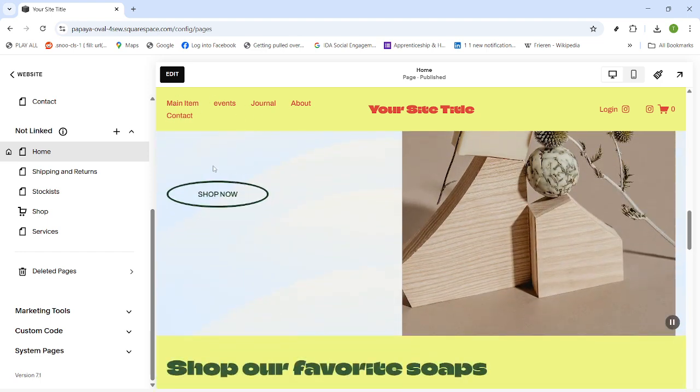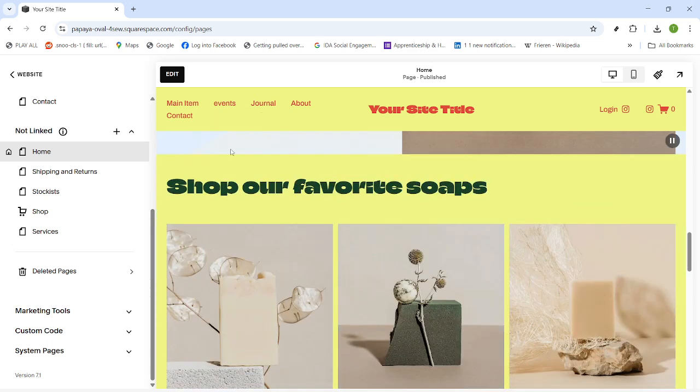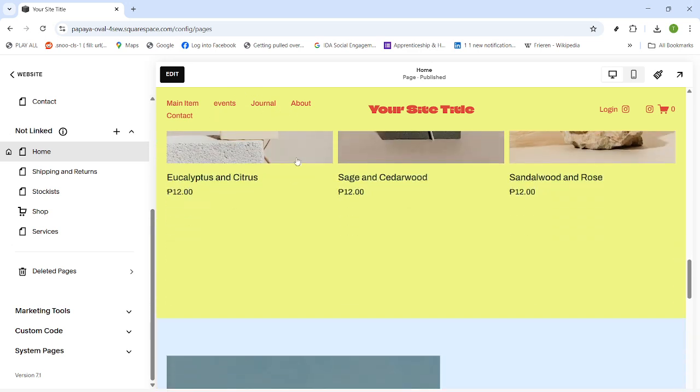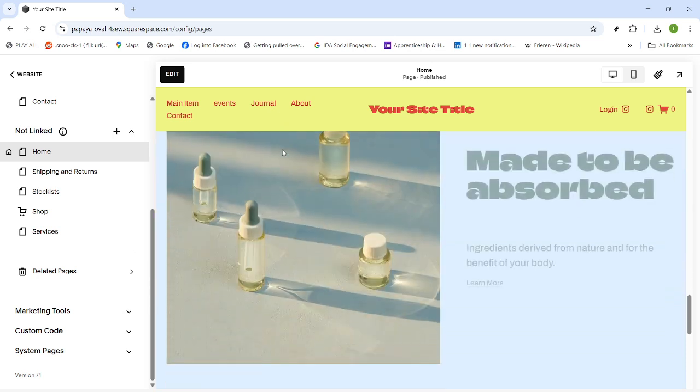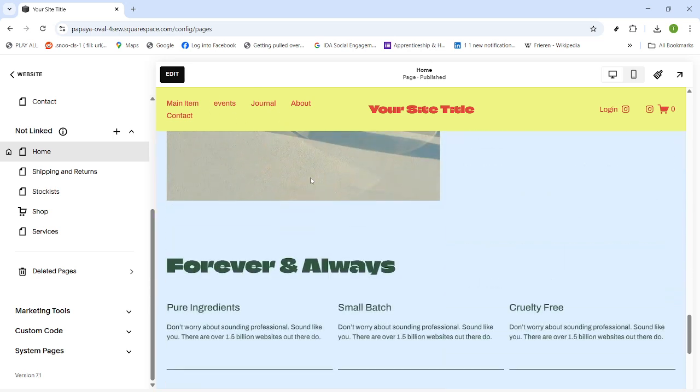Finally, click Exit to leave editing mode and return to your site view. Give your page a refresh and scroll again to double-check the result. That's it. Your Squarespace header now floats, keeping navigation front